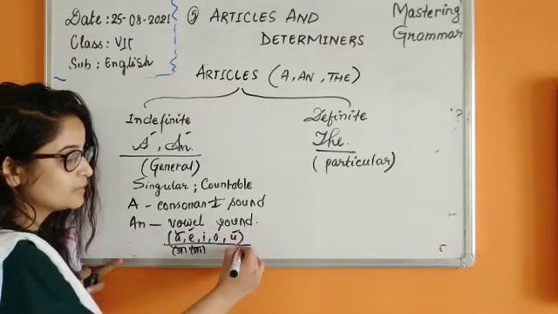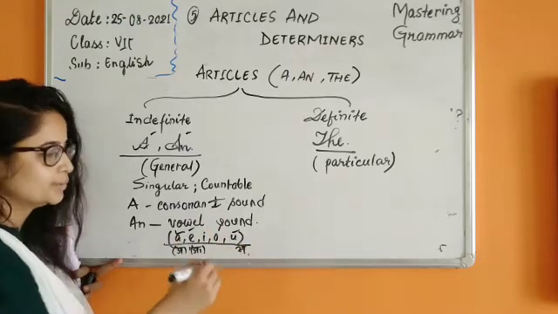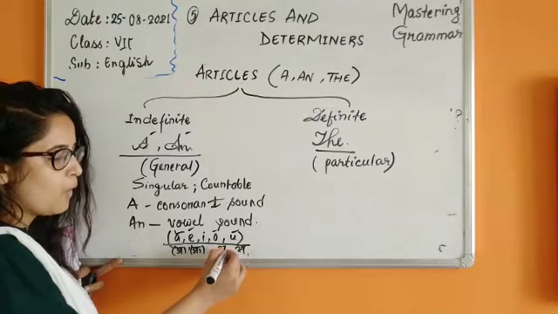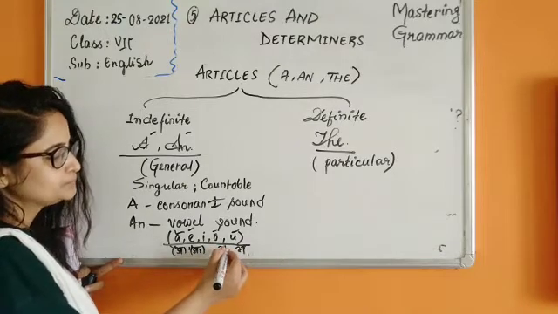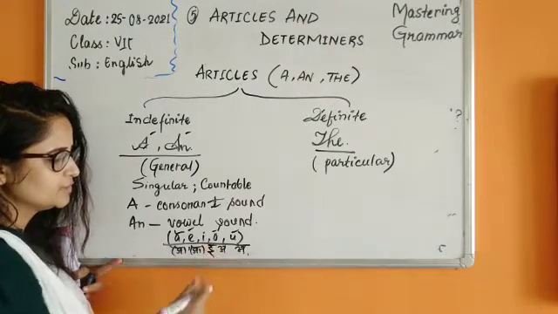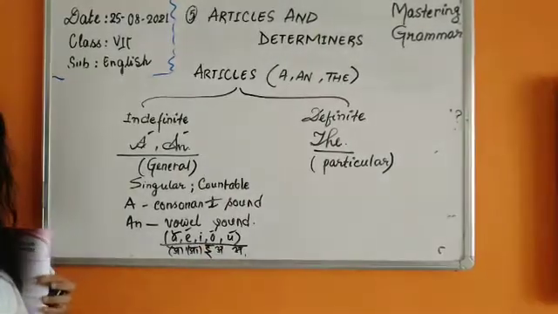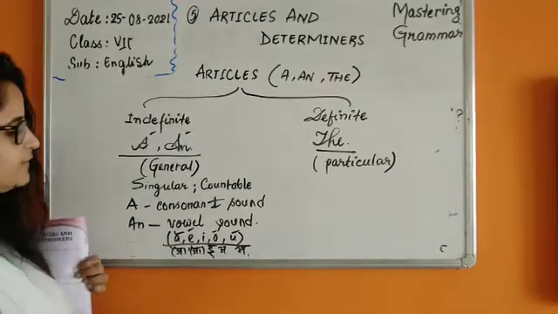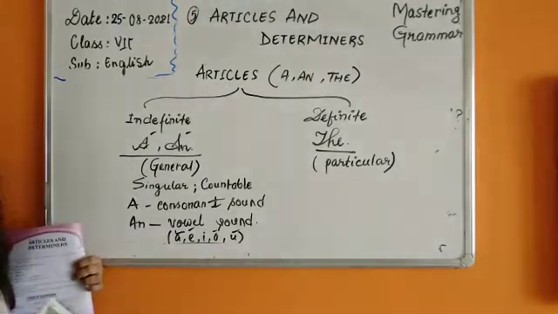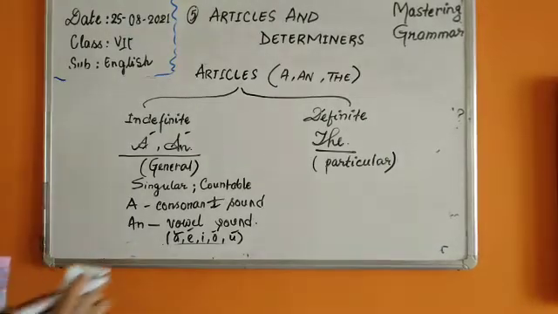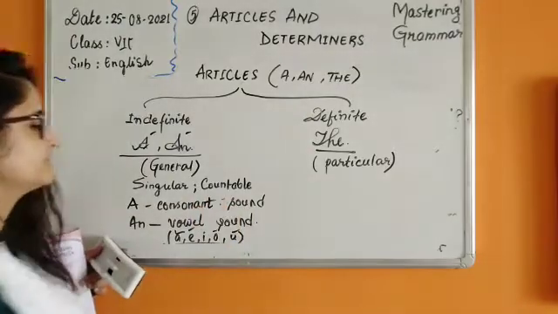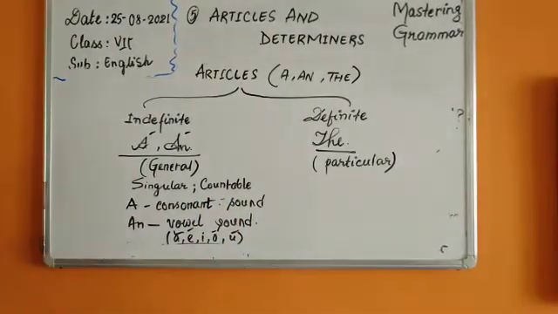U also has to mean its own sound, not the letter name. This O can refer to O, like O, again O and O. Yes children, so E has to refer to E. You know Hindi, so I'm not going into detail. All the swar varna will have a vowel sound, and all the other vyanjan varna, the consonants, will have a consonant sound, letters like ka, kha and all these.